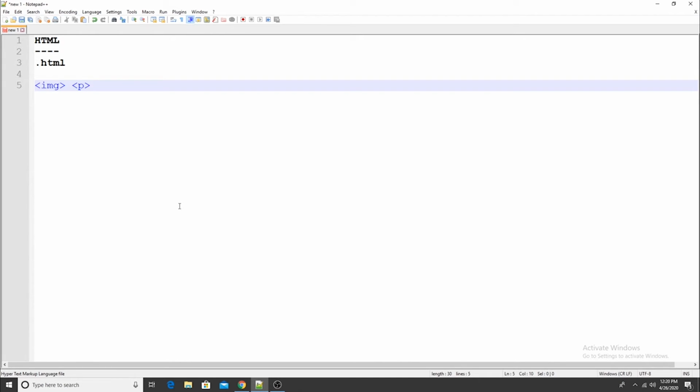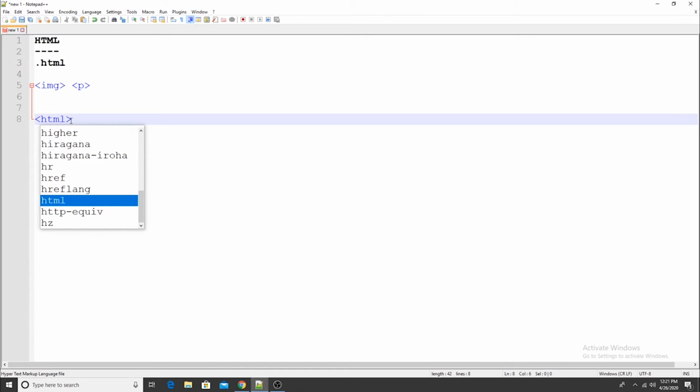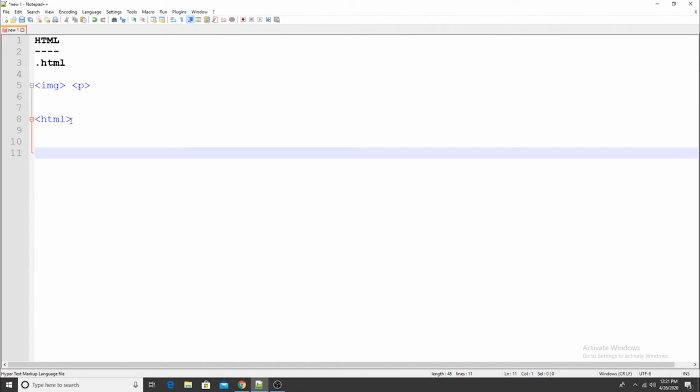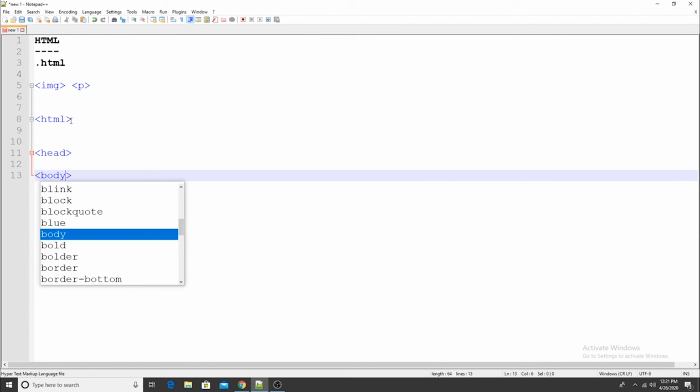One is the head, which has all the inbuilt things. It will get all the information and store it in the head. And the second thing is the body, which performs operations. In the same way, a web page or a website is divided into two parts in HTML programming. Whenever you create a page in the HTML language, it consists of two parts. The first one is the head and the second one is the body.